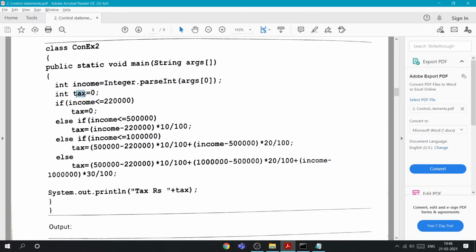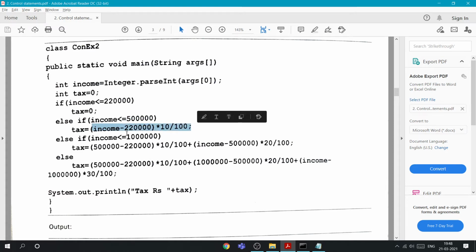Now I am taking tax equal to 0, because the assignments are inside the if conditions, so that's why I am initializing it beforehand. Then when I enter a value in the command line that is less than or equal to 2,20,000, there is no tax. If I enter a value less than or equal to 50,000, I will have a tax of this much.